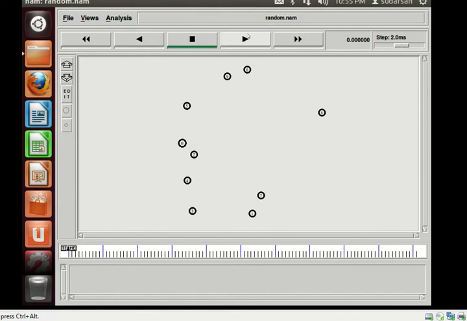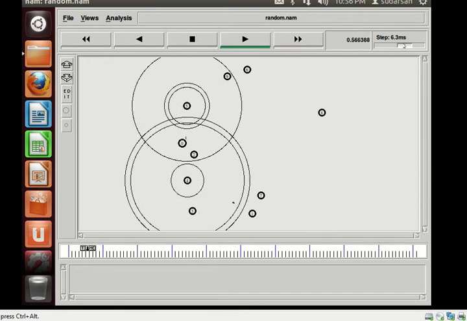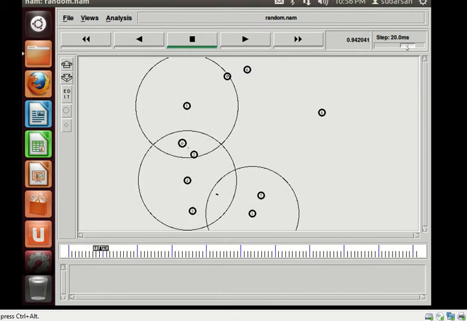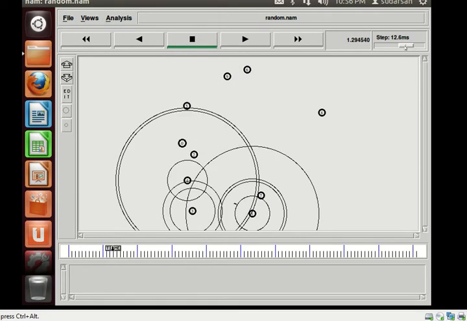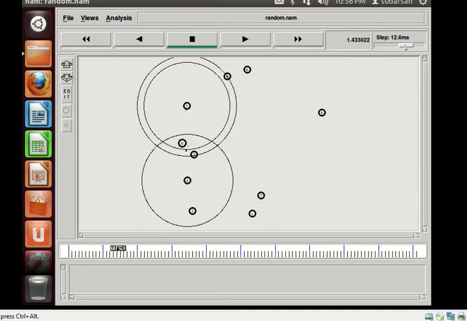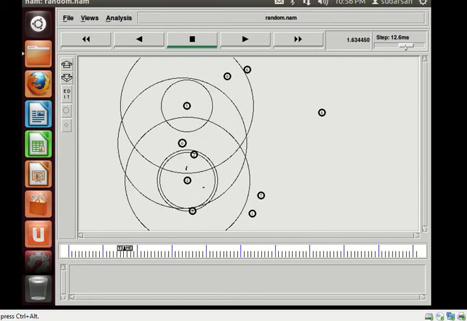In a random network, there are no fixed paths. In circular, there are only two paths from source to destination, either clockwise or anti-clockwise, but in a random network, there are no fixed paths. So let us consider this. It is taken with the help of a mobile ad hoc network, that is, the nodes can be mobile. The transmission from node 1 to 5 takes place.